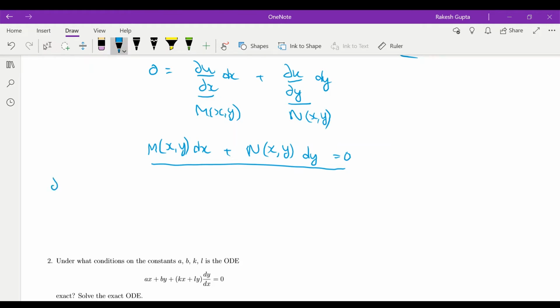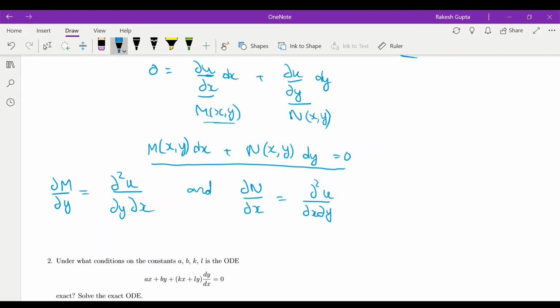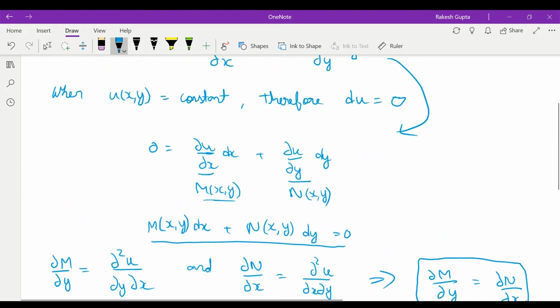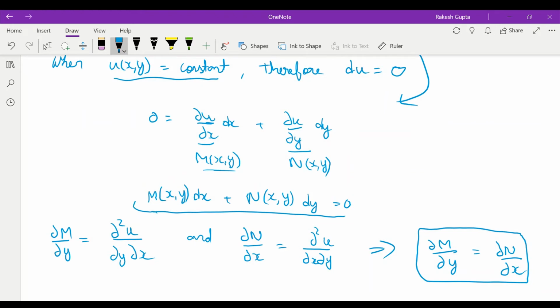So m with respect to y will be, as we know that m of x y is given as the partial differentiation of u with respect to x, so that will be this, and similarly for n. Now by the assumption of continuity, we get this condition, for which, when u of x comma y is constant, this equation represents an